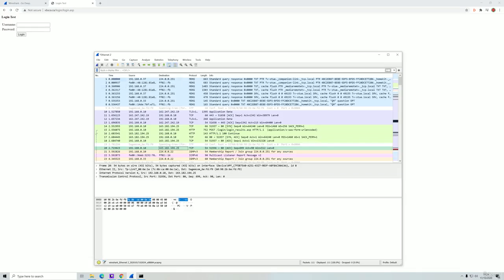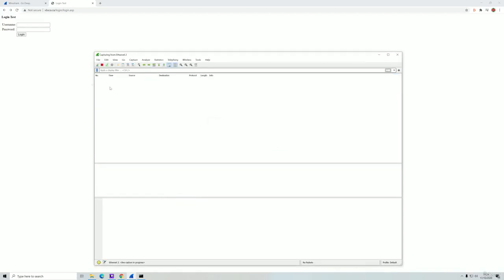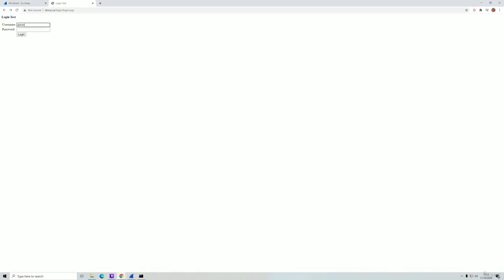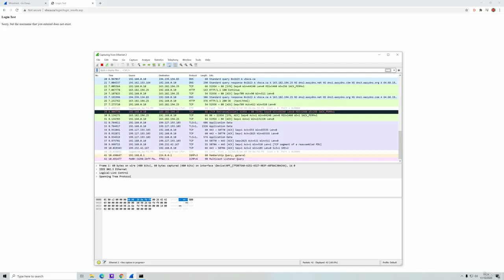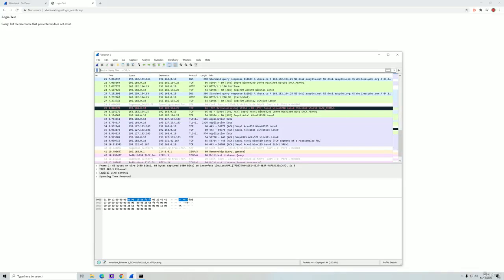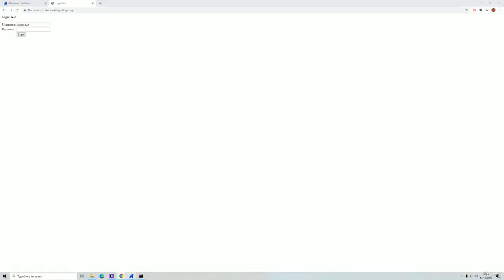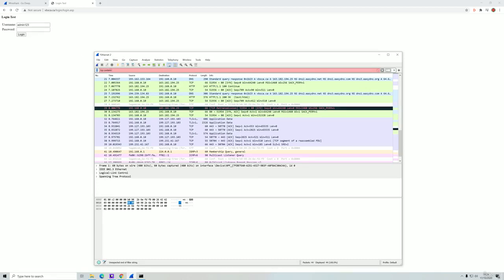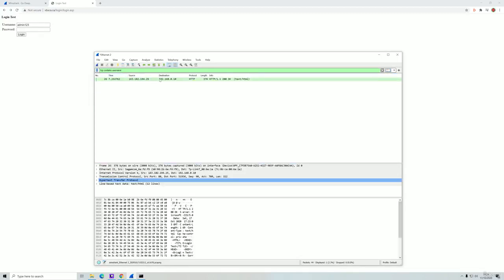So we head up to Wireshark, we make a new capture, then I enter admin 123, admin 123, and click enter, and then we see that our user doesn't exist, but for this case it's no problem. So now that we have entered this, we will try to search for TCP that contains the username that we entered. I think that we can actually, let's just try to search for username instead of the actual username, just to illustrate that people that are listening in can just find that data. So we find one package, and let's see here,